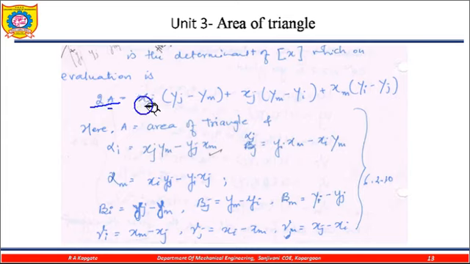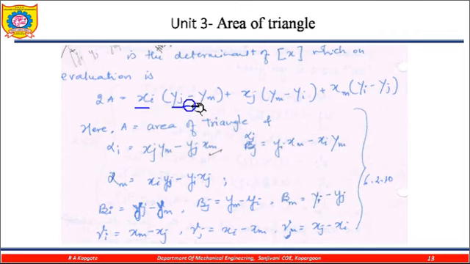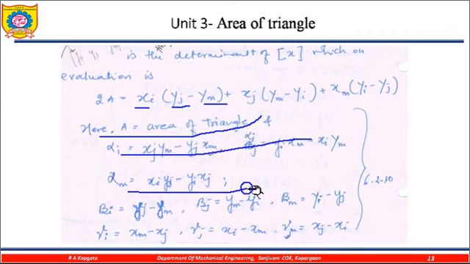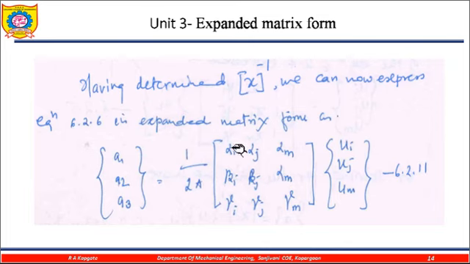Now 2A is equal to this value, xi into yj minus ym. Now how do we get this 2A value? This is the xi, which is going away, these values remain, and these are the minors or the cofactors. So yj minus ym. So here you can see that it is xi times yj minus ym. In a similar way we are finding the other values also, and we are getting the values of the A inverse matrix.